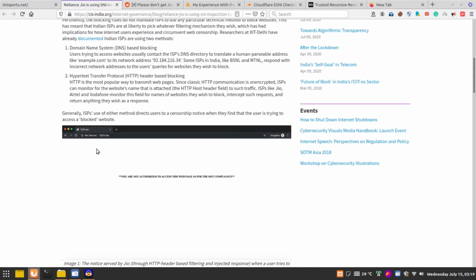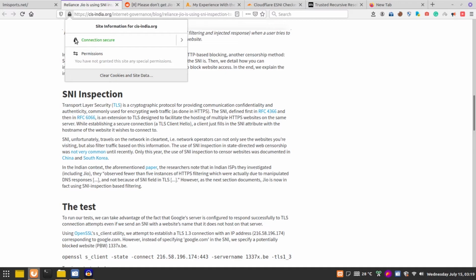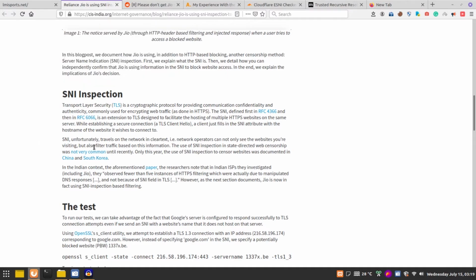Another thing is that this is only available in Mozilla Firefox, so you cannot use it in Google Chrome or any other browser. So let's download Mozilla Firefox, an awesome, secure browser, on your desktop or your mobile, anywhere. So these two things you have to have. And another thing, if you are using Android, you have to enable DNS over TLS. I will give the link to the video I already made, so do check the video on how to enable the Android 9 Pie DNS over TLS setting, and on your desktop you have to enable Cloudflare 1.1.1.1 DNS.